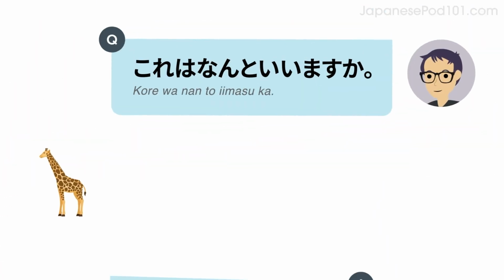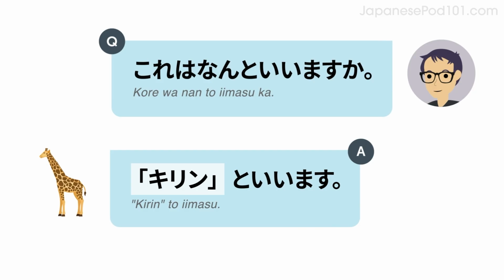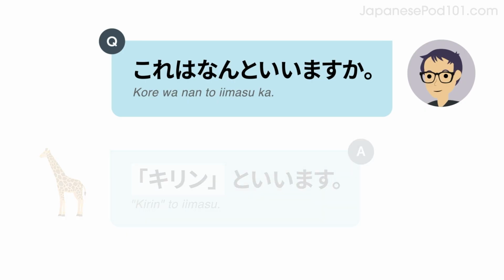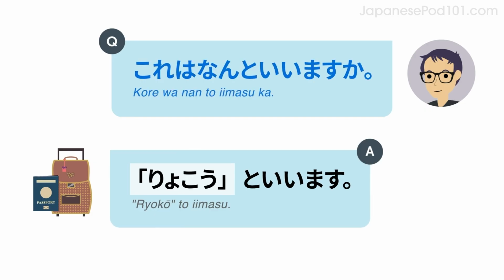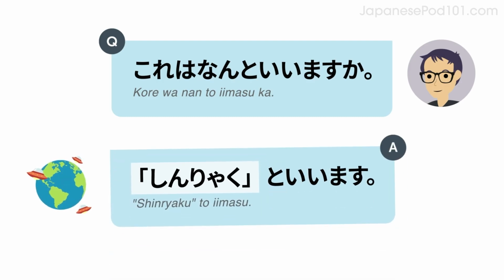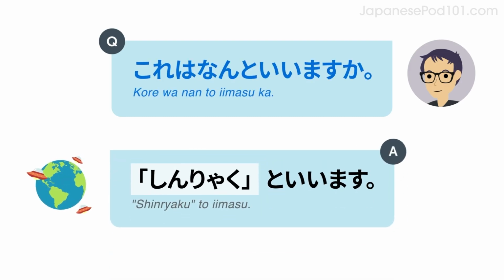Let's look at some examples. Listen and repeat or speak along with the native speakers. これは何と言いますか？ キリンと言います。 これは何と言いますか？ 旅行と言います。 これは何と言いますか？ 侵略と言います。